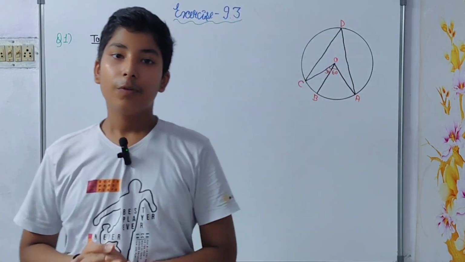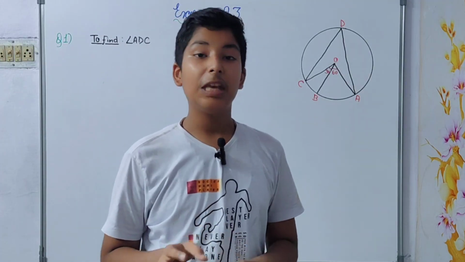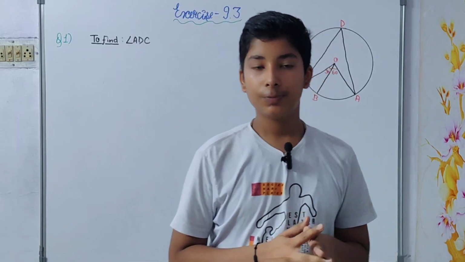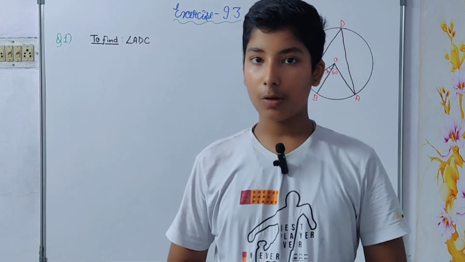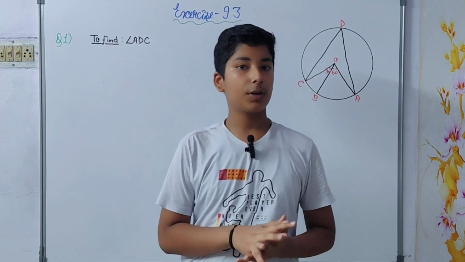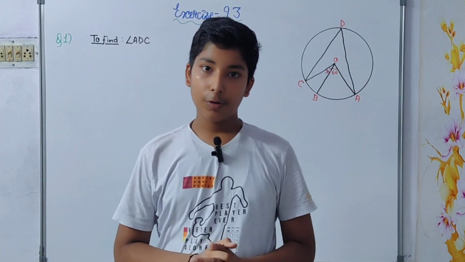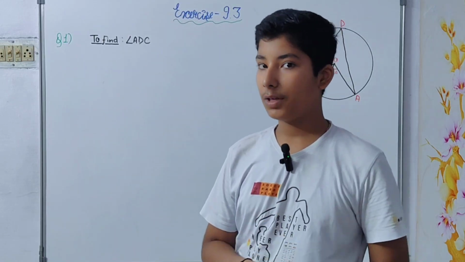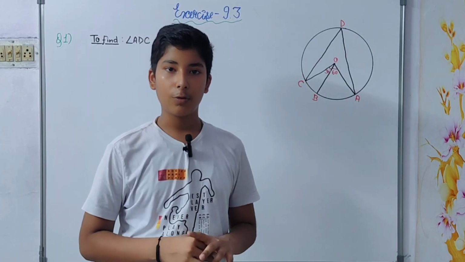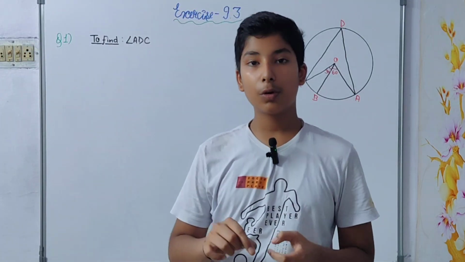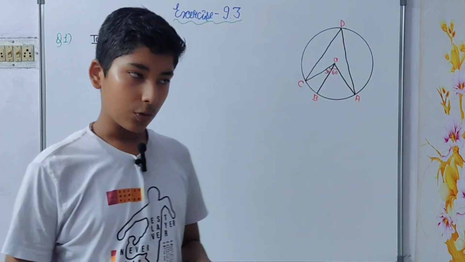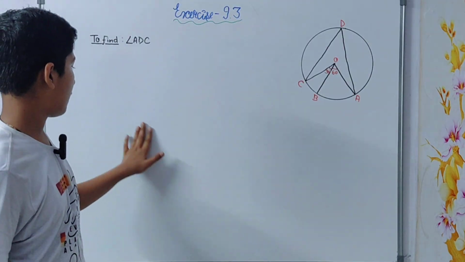In the previous video we did exercise 9.2 and the last two questions, which were very important. As you all know, they are the most important questions of the chapter on circles. If you have not done or seen those questions, you will have to see that video, or you can see them on any other website. I'm not forcing you, but at least you should know those two questions. If they come in the exam, they will be a minimum of 5 marks. So let's start with exercise 9.3.